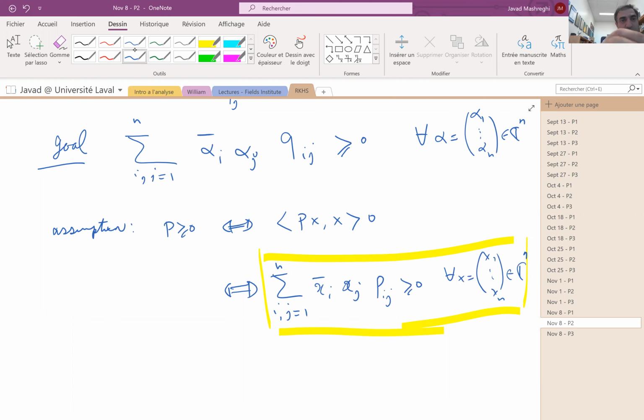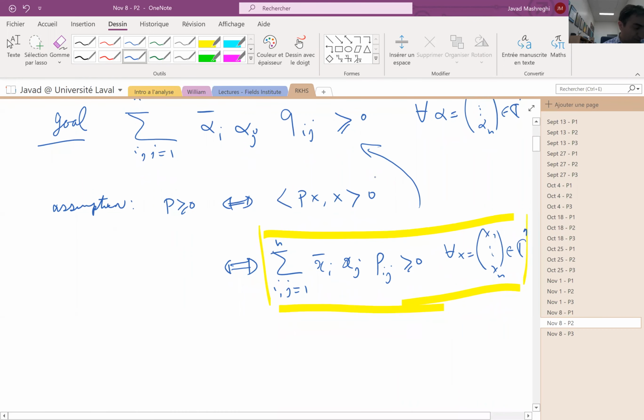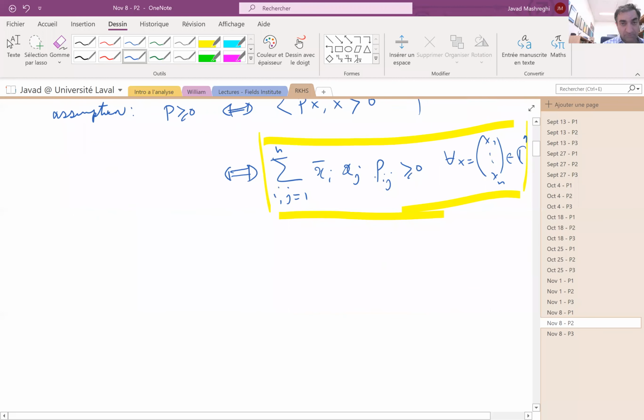And the idea in the proof is to choose a good candidate for x, such that when we do the simplification, we obtain this one. Even at the very beginning, the components of x are given. And when we plug the components inside, we see that it works. xi are defined this way. xi is equal to root of Pkk alpha i if i is not equal to k,